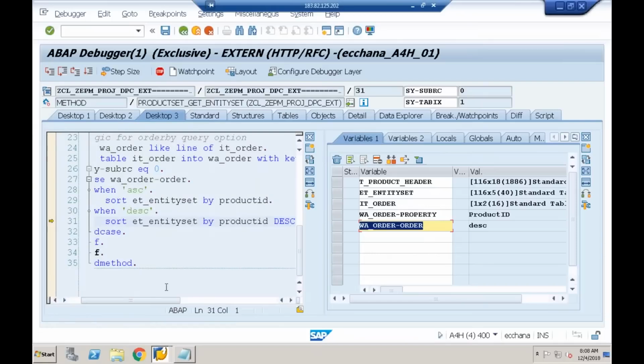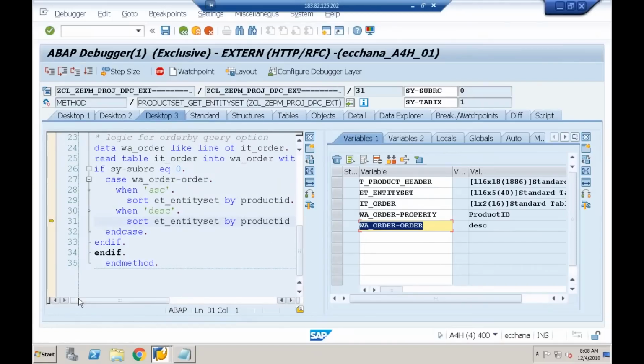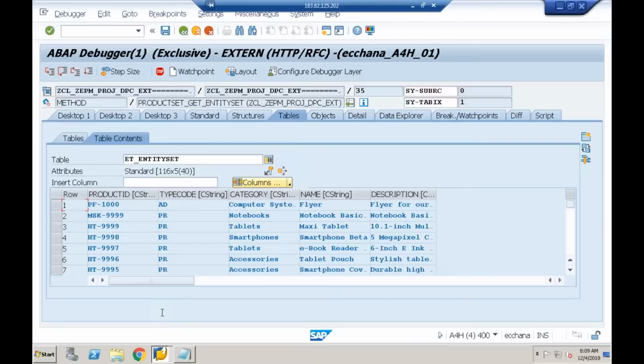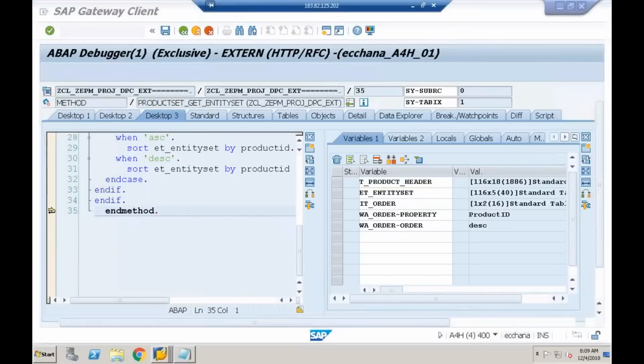I am using the sort statement with the addition DESCENDING. So it is going to sort. It might have sorted. Check this. Yeah, you can see I got it in the descending order of product ID. This other part is simple. So if you see the result here,